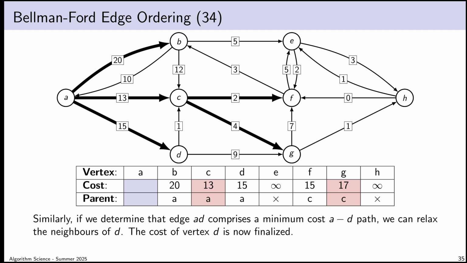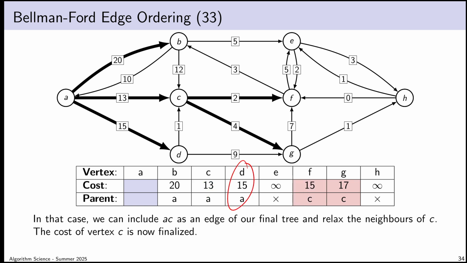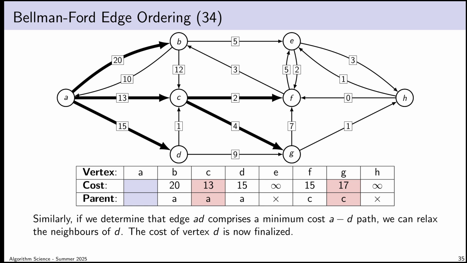Even without that more semantic observation, it's worth observing that even if we allow for the possibility that some edge into vertex D exists from some vertex I haven't thought about yet, getting to that edge would require a total cost of greater than 15, because I'd have to travel through, let's say, vertex G, or vertex B, or vertex F. So I conclude, therefore, that the edge AD is a minimum cost AD path. Then I relax the edges connecting D to its neighbors. In this case, nothing changes, because vertex C is already minimized, and we can get to vertex G with lower cost via vertex C.